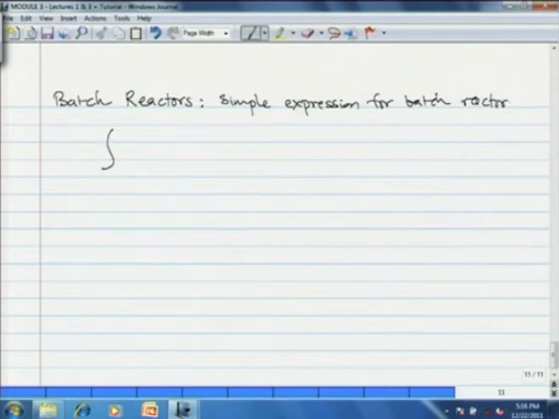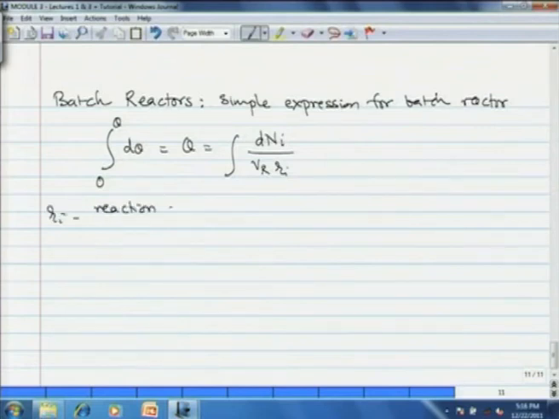That is integral 0 to theta d theta, where theta is the time of the batch, equal to integral dNi divided by Vr into Ri, where Ri is the reaction rate with respect to component i, Vr is the volume of reactor,